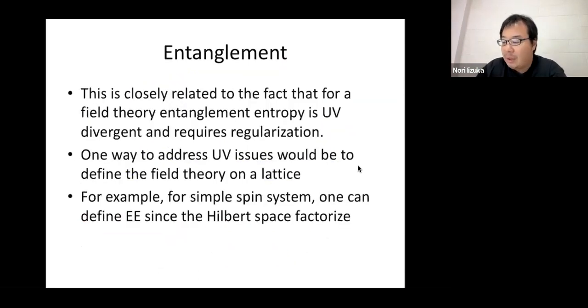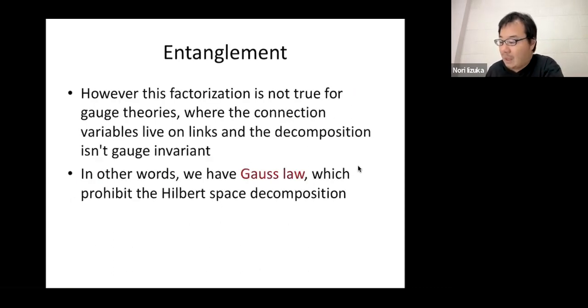And this is closely related to the fact that for field theory, entanglement entropy is a UV divergent quantity, and we need appropriate regularization. One way to address this UV issue would be to define field theory on the lattice. For example, for a spin system on the lattice, we can define entanglement entropy straightforwardly. Furthermore, there are more complications for the case of gauge theory, because connection variables like links